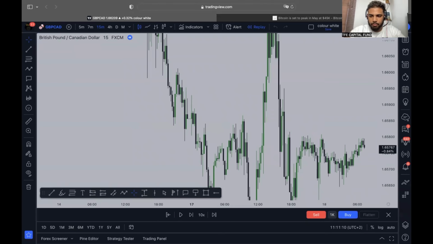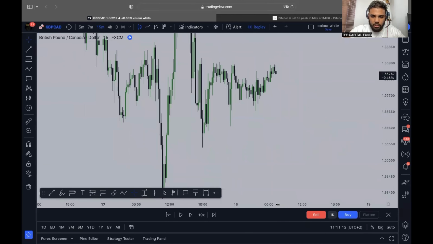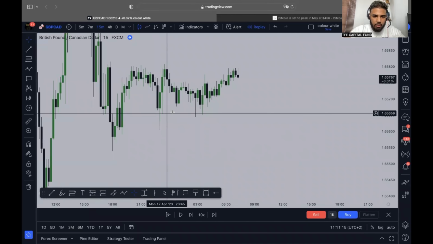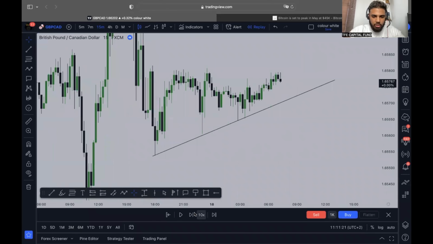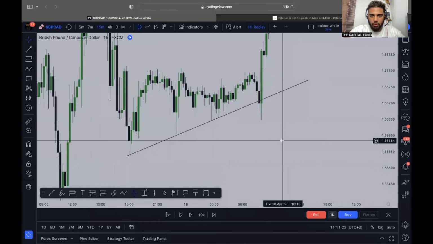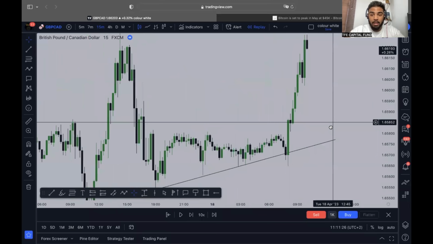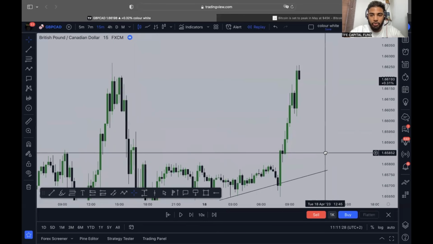Look how beautiful it is. Okay, so what's the trend for the day? Let's look. There's the 18th, 18 somewhere around here. Okay, so look at this. And then the market just taps into it and then boom, goes off. You see how important a trend line is? It can really do a lot for you guys.